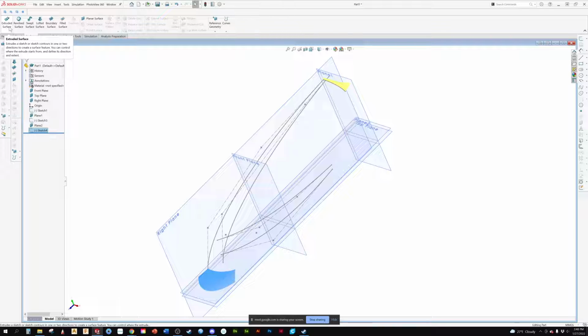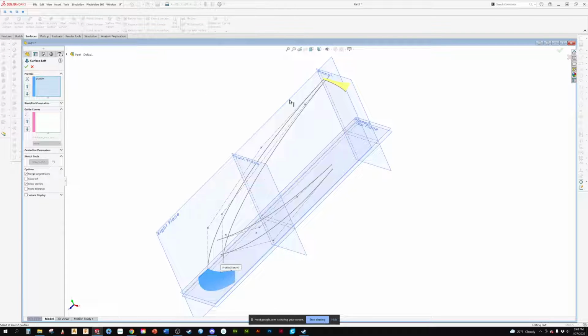An extrude surface is the simplest surface that you can make in SolidWorks. Filled surface allows you to do more of the most complicated surfaces. So it's basically horsepower. So let's do a lofted surface. We're going to go from that sketch to that sketch,